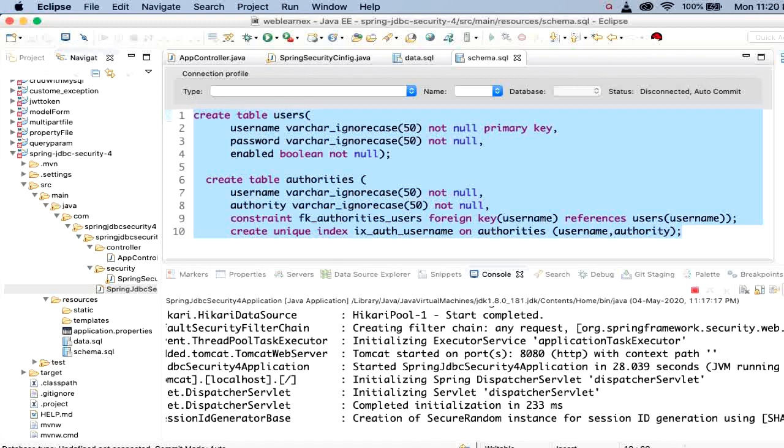So let's understand, if the table name is different, and I want to change the table name and the authority table name, how can we pass our own query to solve this issue?